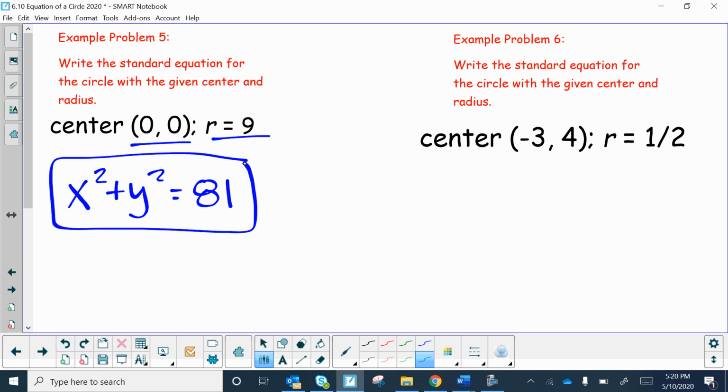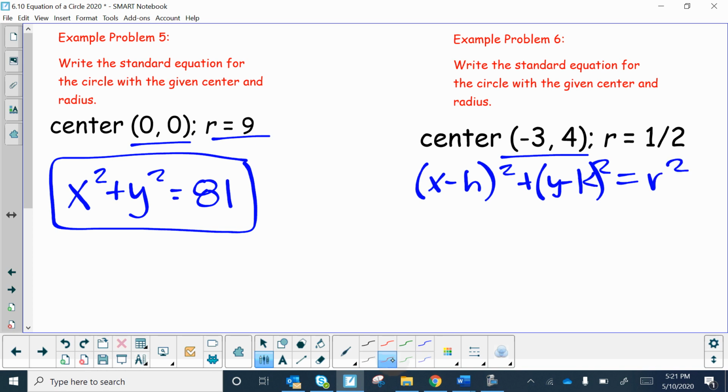Over here it says write the standard equation for the circle with the given center and the radius. So the center is not at the origin, so it's going to be written different. Sometimes if you have to write this down, x minus h squared plus y minus k squared equals r squared, do that and then you can plug in as you read it. So h is always the first one, k is always the second one. So it's going to be x minus negative 3, remember those go to positive, squared plus y minus 4 squared